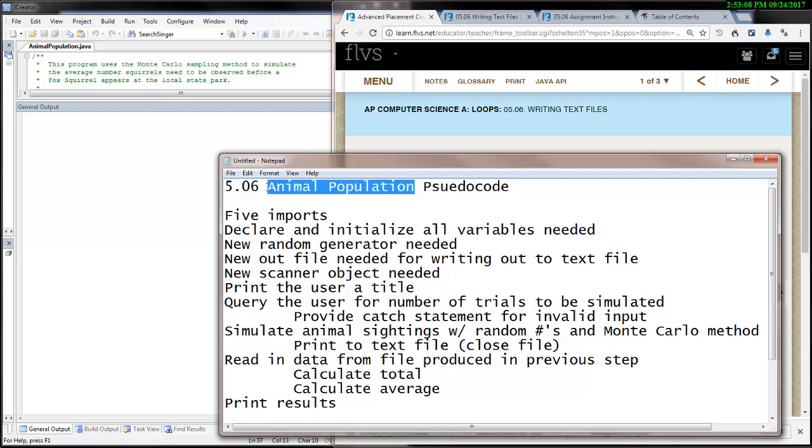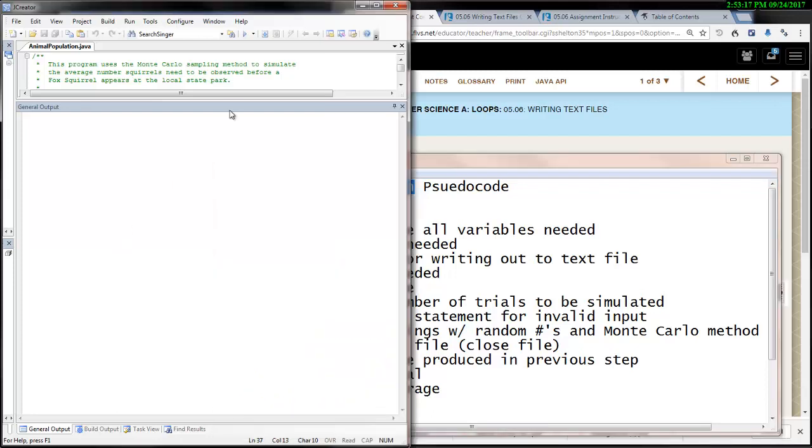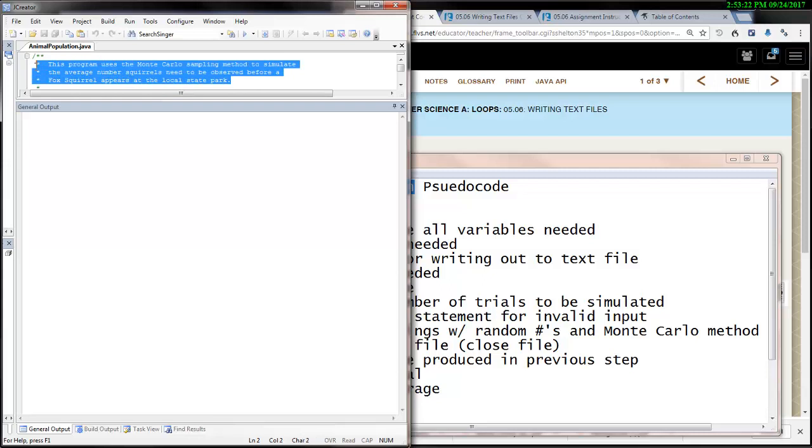Let's work backwards with these programs that tend to be just a little complicated. It's best to work backwards. Let's take a look at the program first. Okay, here you can see a purpose up here. And just in case you can't see it, we're going to simulate the average number of squirrels needed to be observed before we can see a fox squirrel. So a little probability here. So let's compile